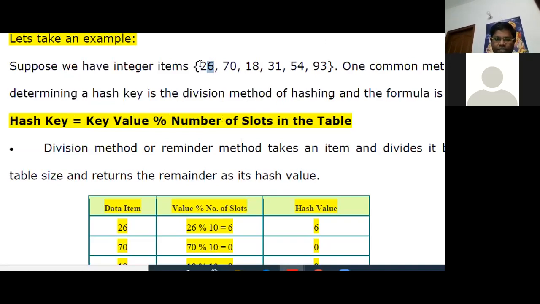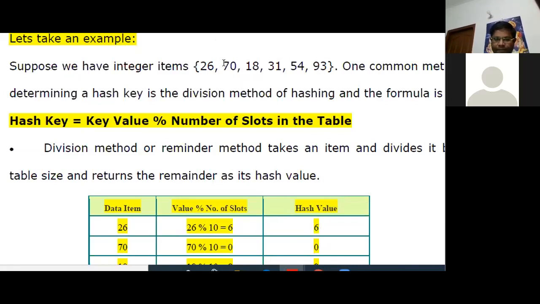For 26, the key value is 26, and the number of slots in the table is 10, since we are taking n equal to 10 previously. So the hash key is determined as 26 modulo 10. And what does it return? It returns the remainder. When you take 26 modulo 10, the remainder is 6. So the value returned is 6, and here we are taking the hash value as 6.